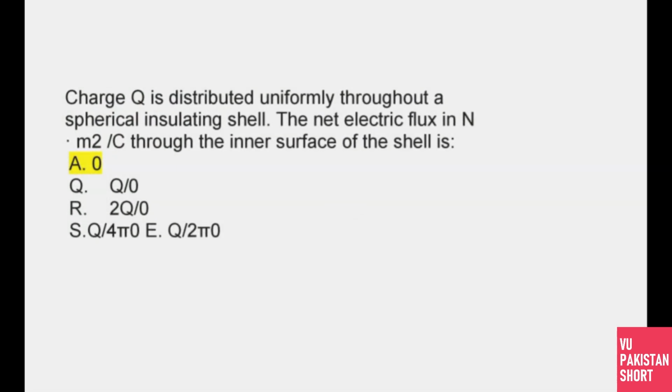अब charge Q is distributed uniformly through a spherical insulating shell. The net electric flux in Nm²/C through the inner surface is 0। तो इसका सही आंसर आपका 0 है।